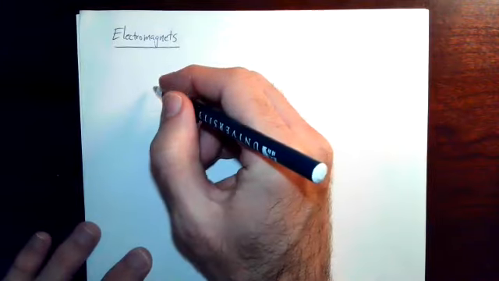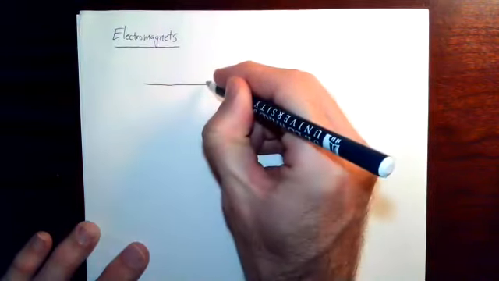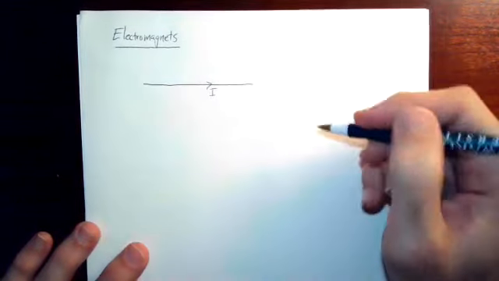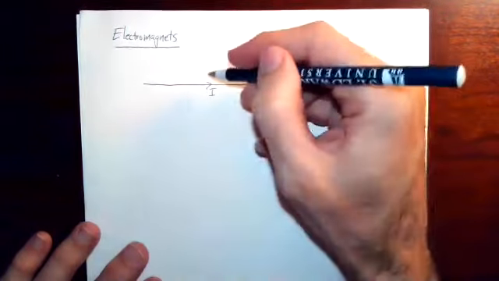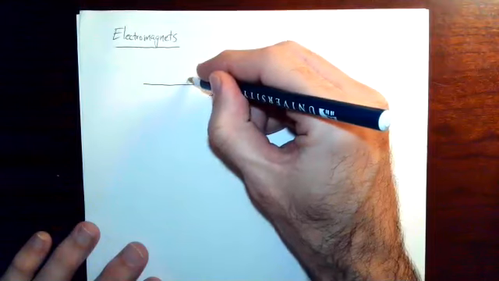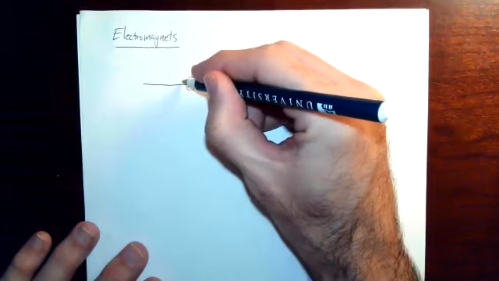Okay, I'd like to review a topic that we discussed a while ago that is relevant for what we're doing right now, and that is electromagnets. So, as we discussed before, a current carrying wire will create its own magnetic field, and the magnetic field lines make concentric circles